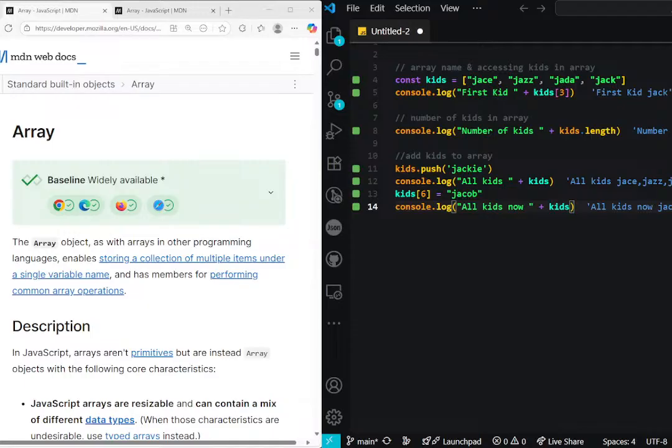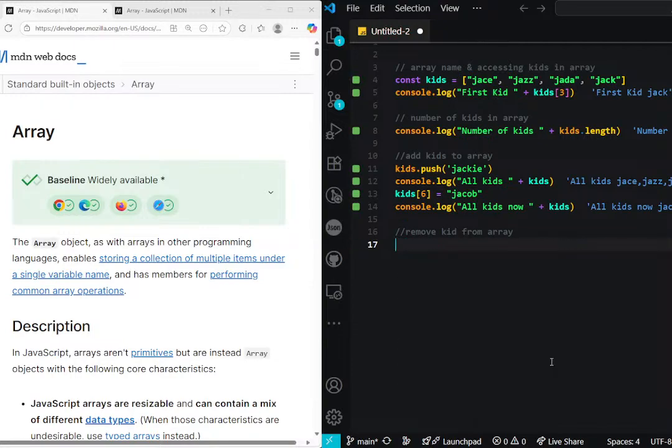You just want to make sure that, depending upon what you're looking to do with it, it does treat those items the way you intend for it to. So this is in the event we wanted to add a kid, we can use push and you can specify the index. But if we wanted to remove a kid from the array, we know that we can get that done with pop. So if we wanted to remove a kid, we'll say